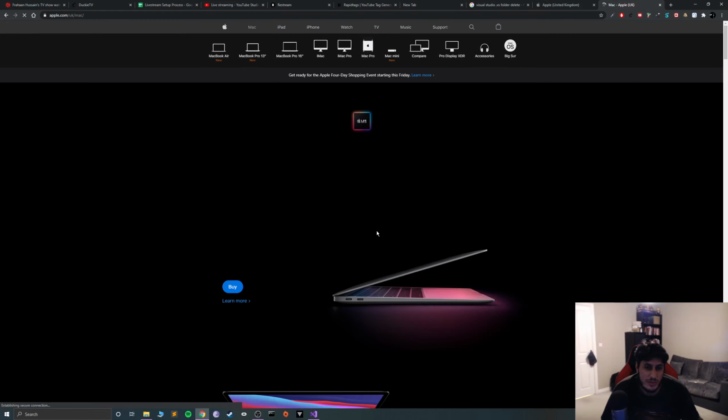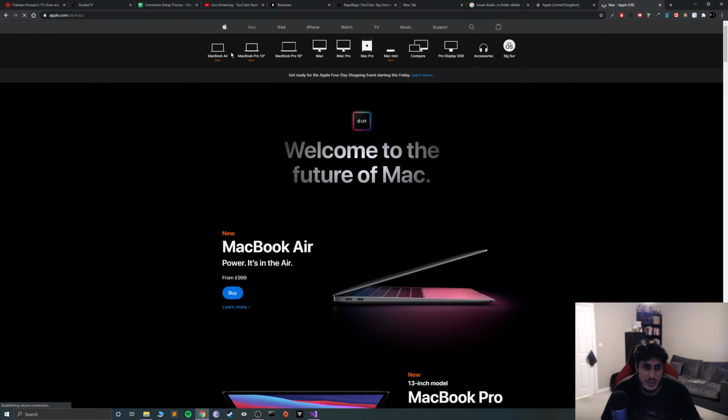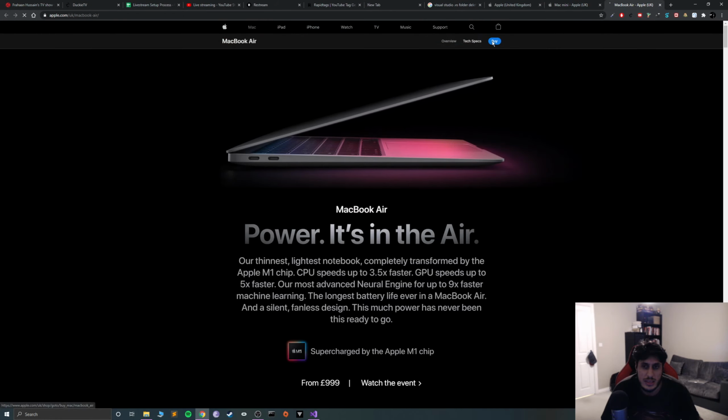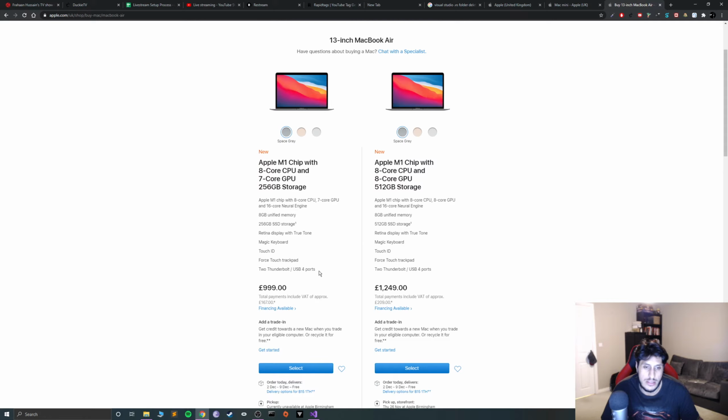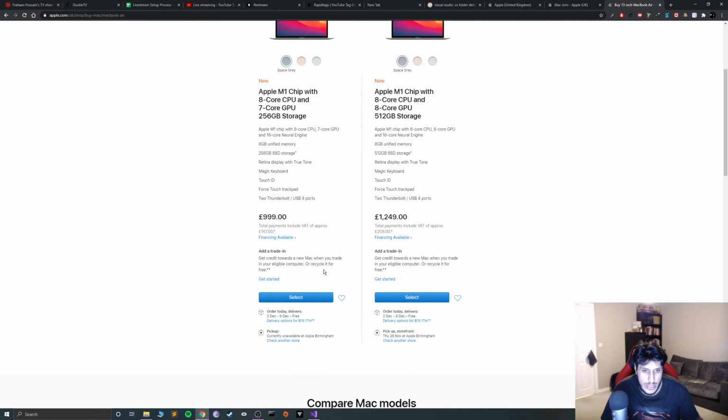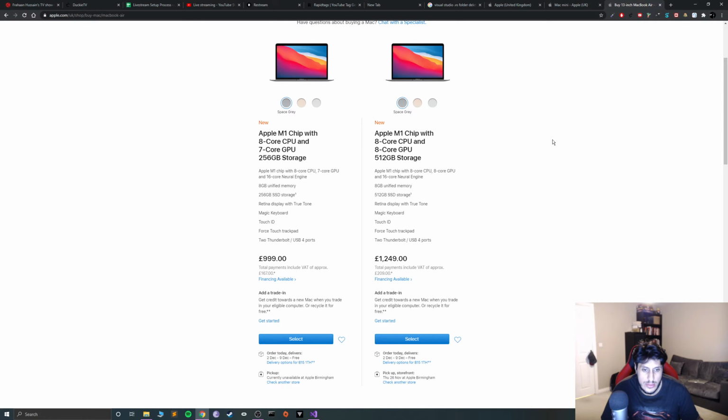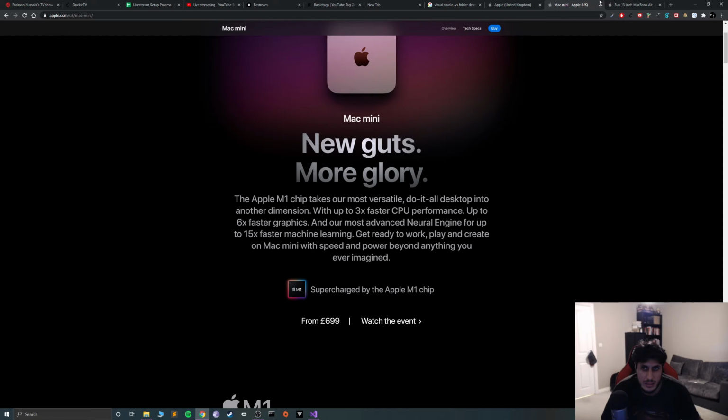And if we go into the Mac, if we go to the Air, the one I was looking at, the Mac Mini, the Air. So probably stick with the base. The only thing that I would have wanted extra from the base is the RAM. I want to see what 8 gig is like. I can always return it, I think within 28 days anyway, so that's not much of a big deal. And if we look